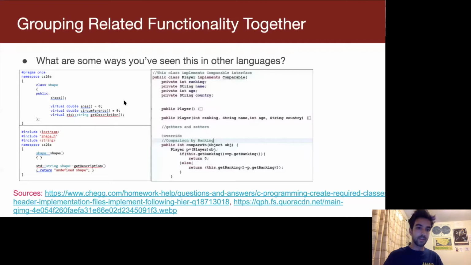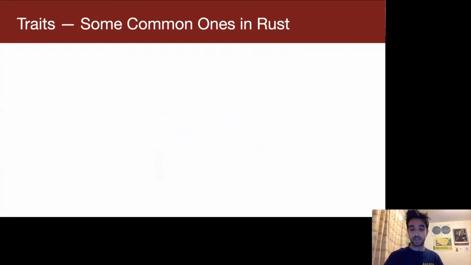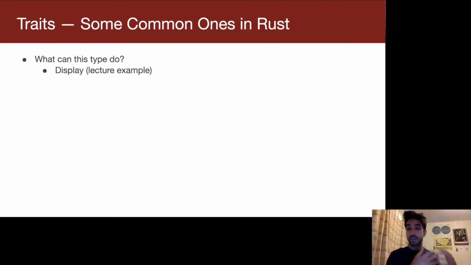And the way we get this in Rust is we use this construct called a trait. So they sort of define what this type can do, right? This was at the very end of the lecture notes last time. If there was enough time, I would have gotten to it, but there wasn't, which was fine. One of the examples we'll see in the next slide is this display trait. This is saying if a type implements the display trait, it knows how to show itself in a certain sense. So that means if I do println of the empty curly braces, which is just a formatter of this type,